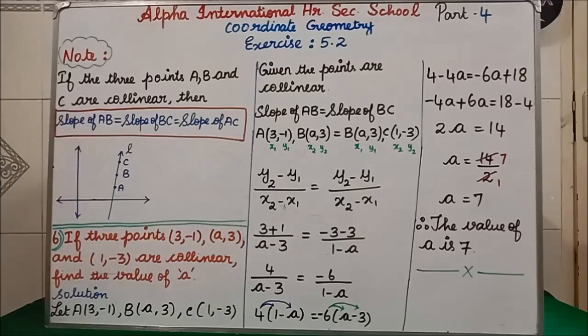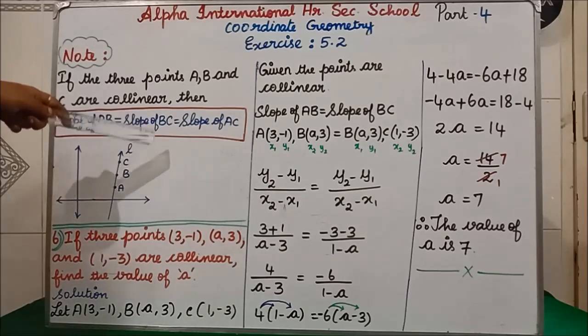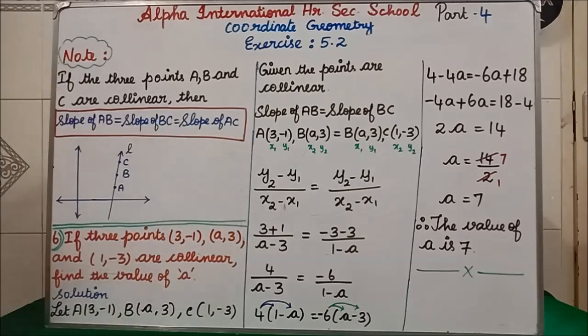Here we are finding the slope. Clear? Slope of AB equal to slope of BC is equal to slope of AC. Among the three, if you find any two, it is enough. Either you can find slope of AB equal to slope of BC, or slope of BC equal to slope of AC, or slope of AB equal to slope of AC. Any two is enough. When we take slope of AB equal to slope of BC, suppose in the slope of AB you get the value 50. The same value, slope of BC also has to be 50.